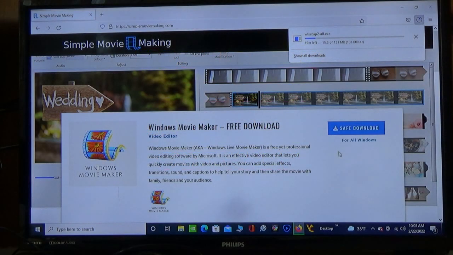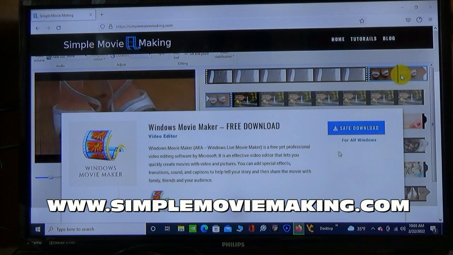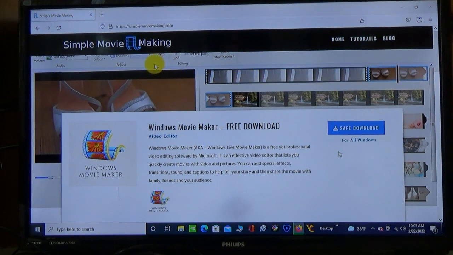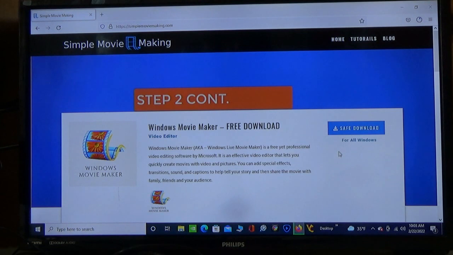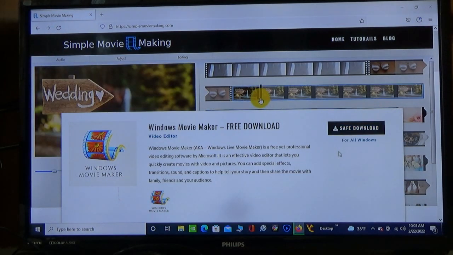Alright, here is the place where you want to make a download of this very simple software. So you guys just remember this. This is called simplemoviemaking.com, and you can get that safe download right there. You see that. So it's going to be the simple program that you can use to do your editing